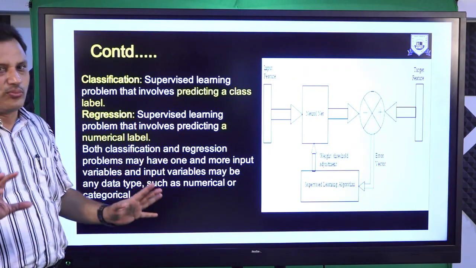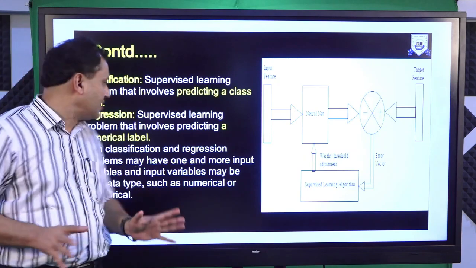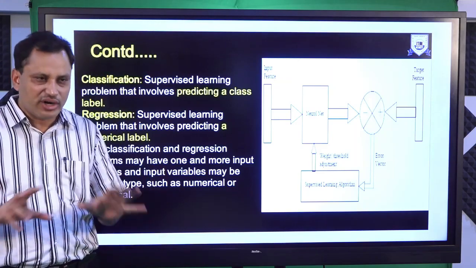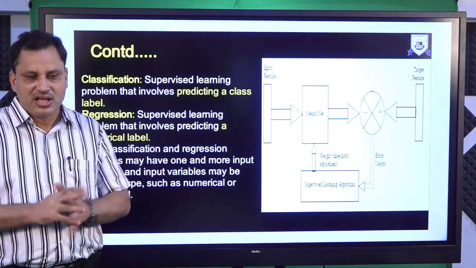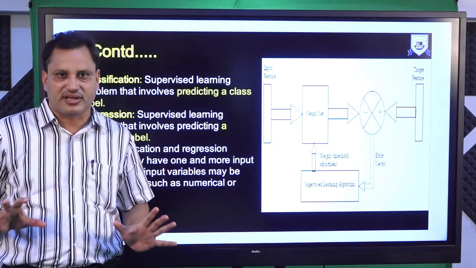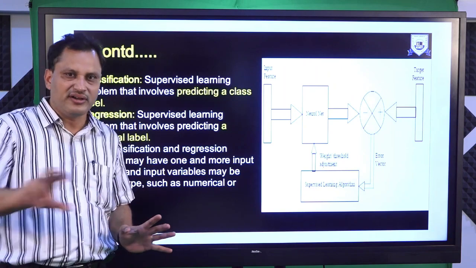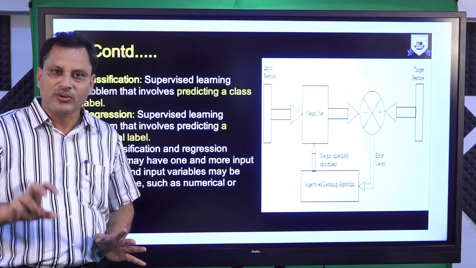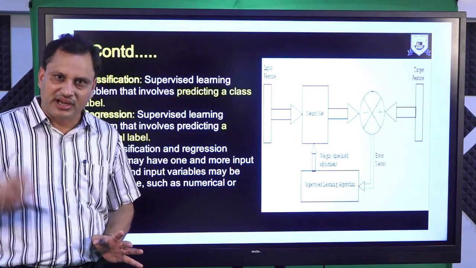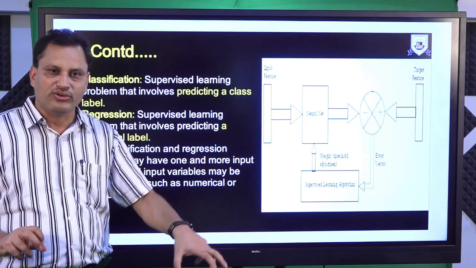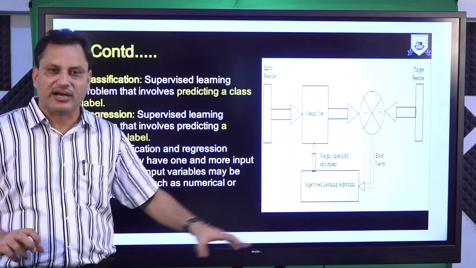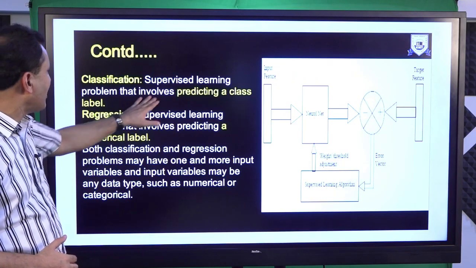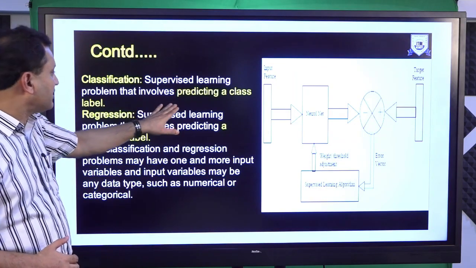Let me give you one more example to make the concept very clear: classification. And we can discuss regression also. I think with classification you are more comfortable. What is the meaning of classification? Classification means a large number of parameters are there and you want to put those parameters into different classes. The characteristics of that group are also known to you, and as per their characteristics you can put different values in different groups, and those groups will be called classes.